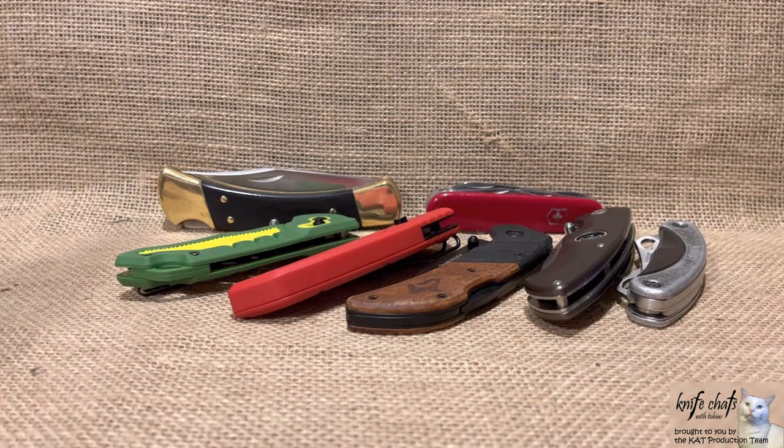They're definitely not knives that were made with the collector in mind, because they're basically sold at a hardware store. Hardware stores sell all sorts of tools, and when you're talking about construction workers or somebody hanging drywall or somebody working on the roads, typically the knife is not the main tool that they're going to carry, but they will normally have some kind of knife on them because they're usually going to want to cut something. And what I have here are some examples of knives that you commonly find in the hardware